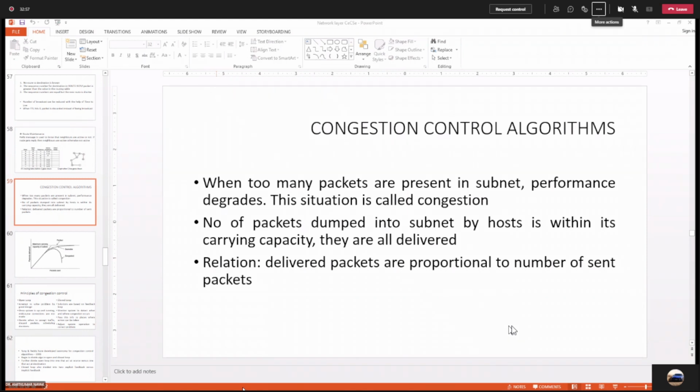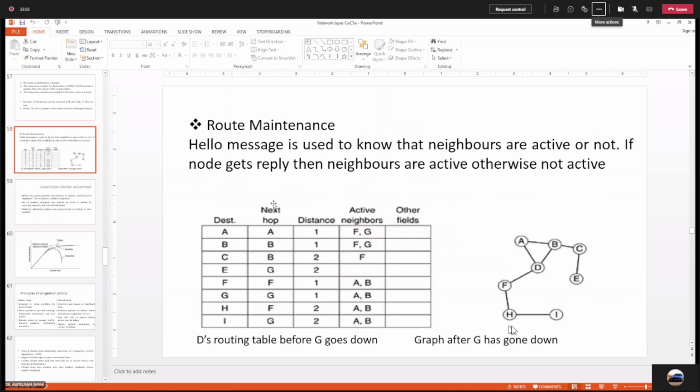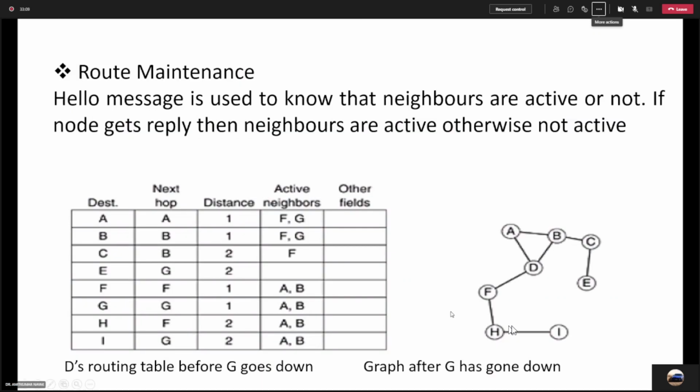See, network traffic and network congestion. With respect to the topology which is available on your screen, please listen to me carefully. In that particular topology, you can see router A is connected with router B, A is connected with router D, and in our topology, 8 routers are there: A, B, C, D, E, F, G, H, and I. Now for this particular topology, network traffic and network congestion.